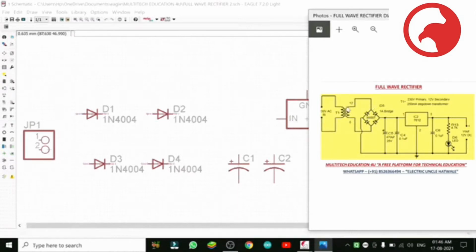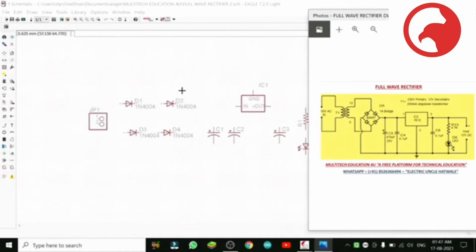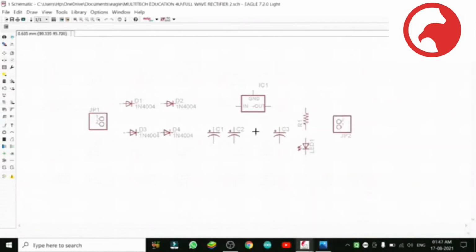I saved this drawing, and check it from time to time when you are working on PCB designing, so that we keep the components in a similar way as much as possible. It will not create problems when we make the board file, the PCB layout board file, so it will be easy.